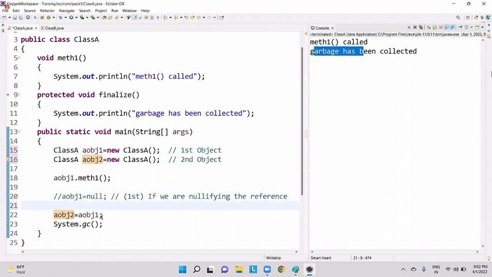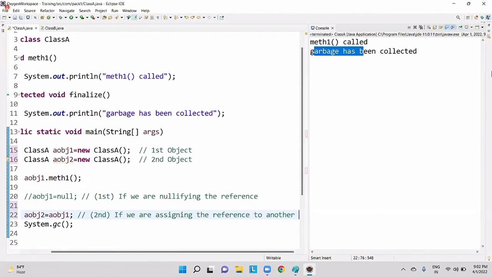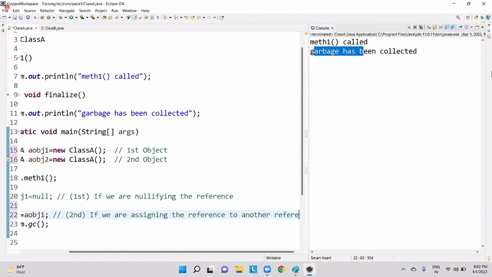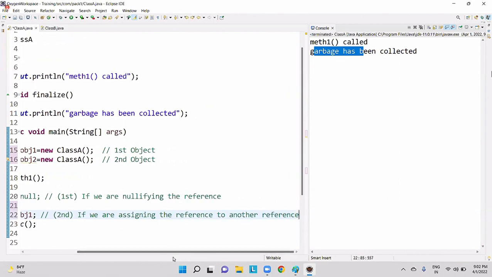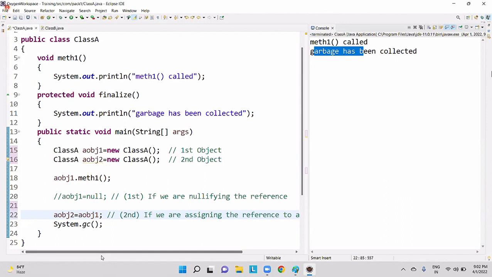Okay, this is first and this is second. If we are assigning the reference to another reference, for example, guys, I'm having a small doubt here.